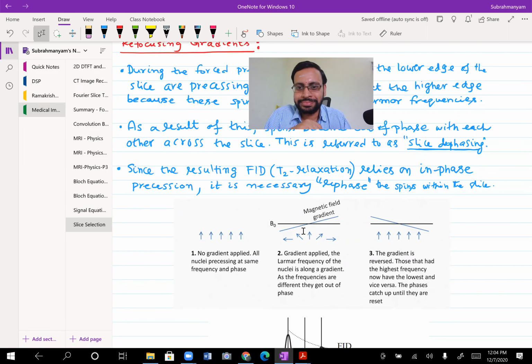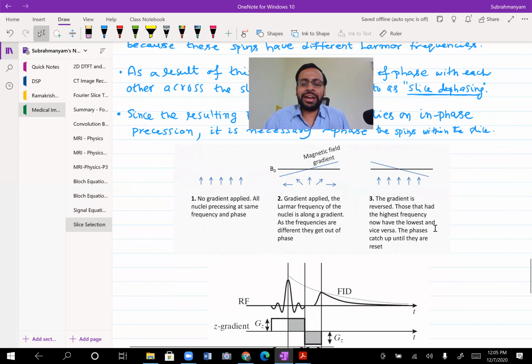Okay, so this refocusing gradient, it actually makes them all rotate at the same speed. See what you are doing now. As you are moving along your z axis, earlier the magnetic field was increasing, so the resonant frequency was increasing. Now, if you look at the refocusing gradient, exactly the opposite is happening here. Each of them now has the same magnetic field after applying the refocusing gradient. I would say it compensates for whatever differences were there earlier by applying exactly the opposite one.